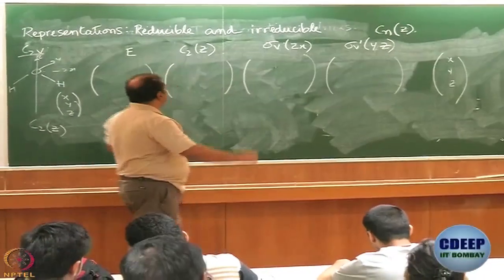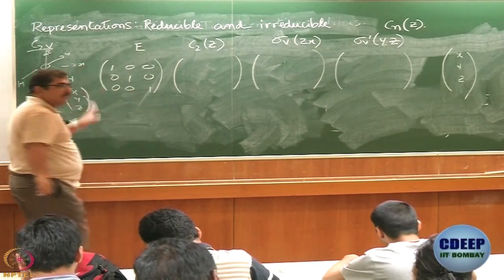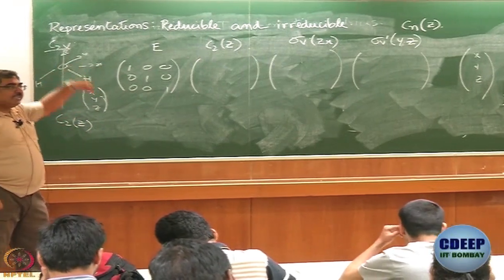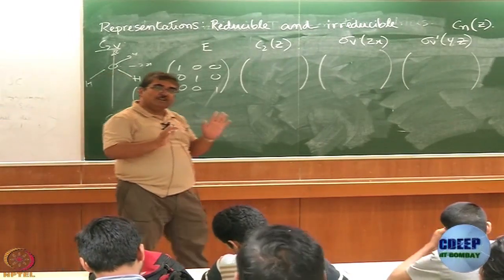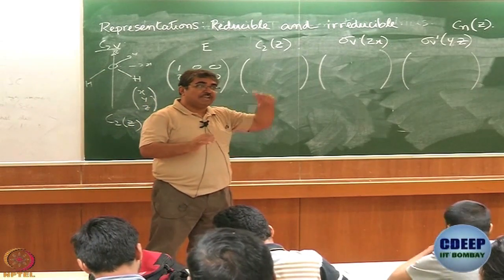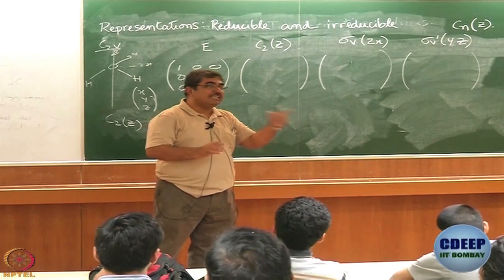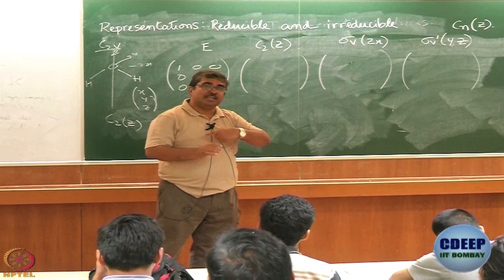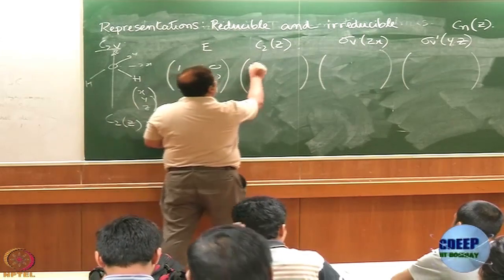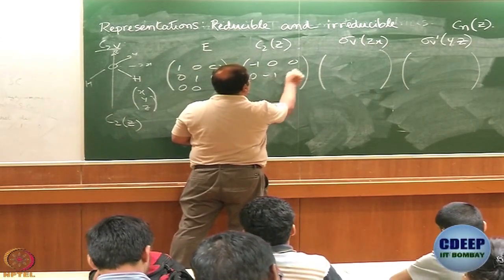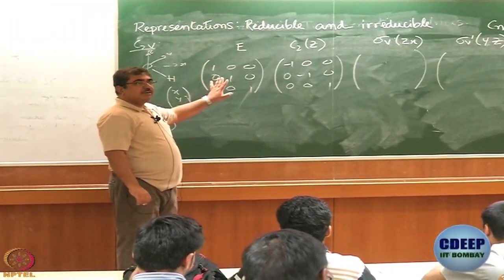Can I start? First one we will write without even discussing. E is done. When we apply C2, what happens? Usually you would expect a mixture of X and Y, but this is a special case because your axis is the C2 axis, a 180-degree rotation. So, what happens is each axis becomes the negative of itself as long as you are talking about X and Y, and Z remains the same. Agreed? So, minus 1 0 0, 0 minus 1 0, 0 0 1. Are we comfortable with C2?